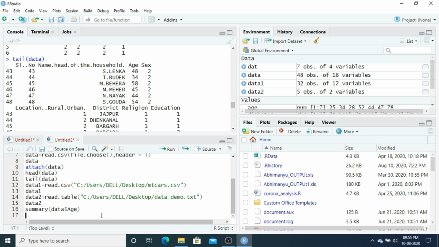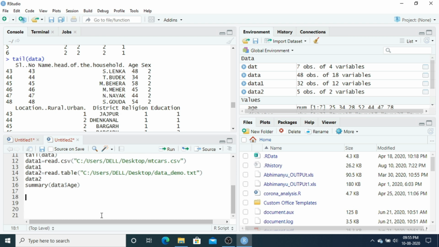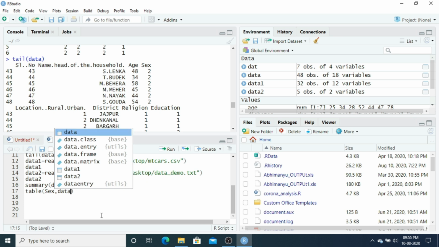So if you want a cross tab, there are many functions, like table: one is sex, the other is smoking.